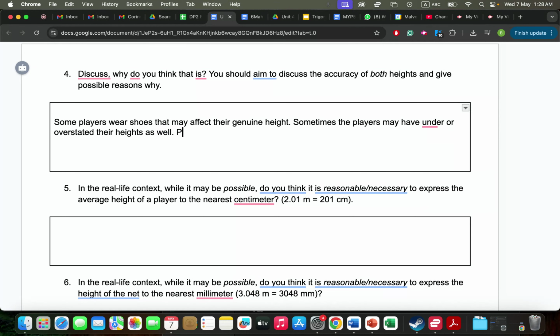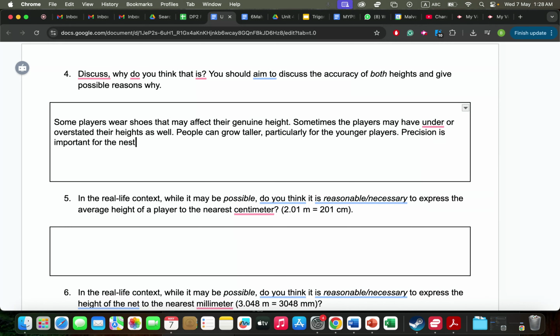Generally, people can grow taller, particularly for the younger players. But I would say precision is important for the net. I would say it's more important for the net,